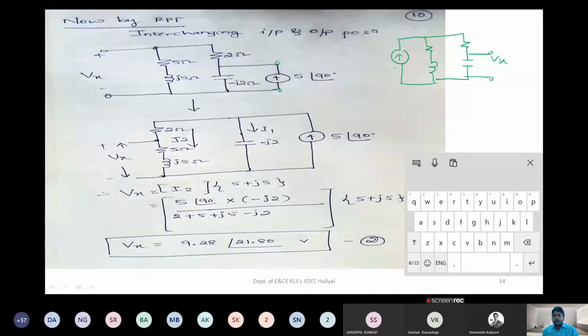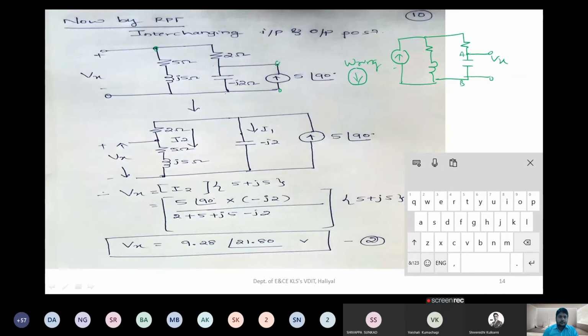So as a beginner, what I told you, mark the points, something like AB. And here you can mark AB and CD. Across CD, what you should get is Vx. Here you should get the current source. Just interchange and make sure that the directions are not interchanged. If you use the downward direction, this will become wrong. You may get the result, but the polarity will change. So just follow the simple methodology.